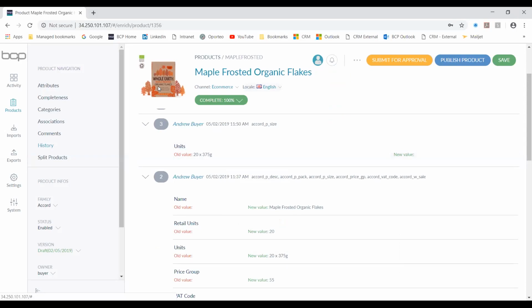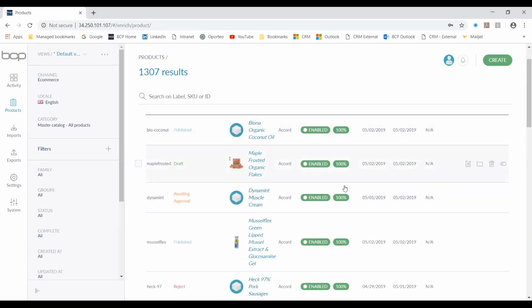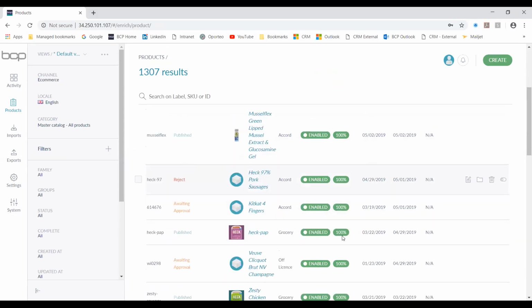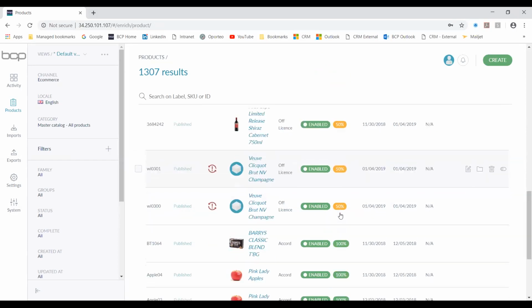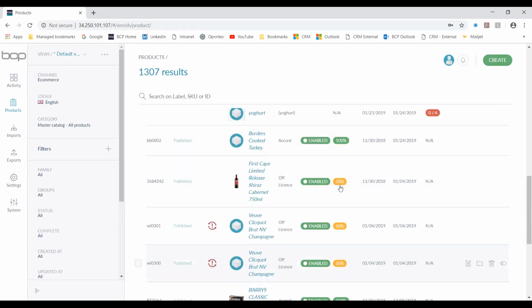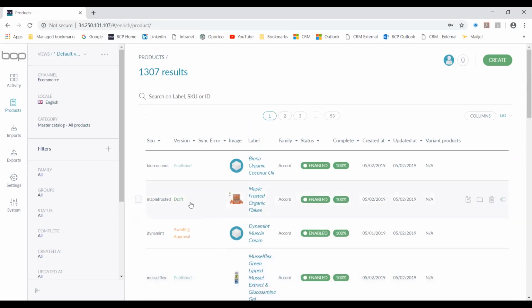Thanks, Andy. Okay, so if we go back to the list of products in the system again, you can see here we've got another column which is the completeness status. By and large, you'd like all your products to be at 100% completion, but it is possible that some of your products are not complete. So if I drill down into one of the products, go back into my draft,